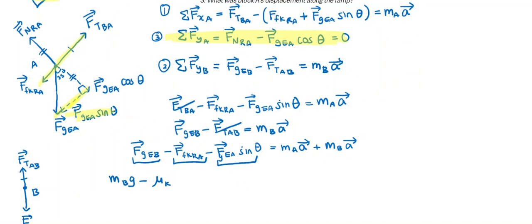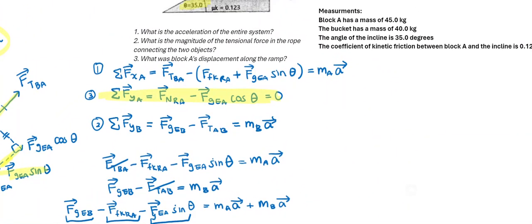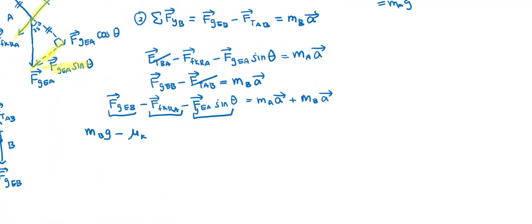And then remember, just like the previous question, our normal force actually equals the force of gravity. So we can just say that the normal force is mass of A times G. So mass of A times G minus, this is also mass of A times G times sine theta equals, factored out again,